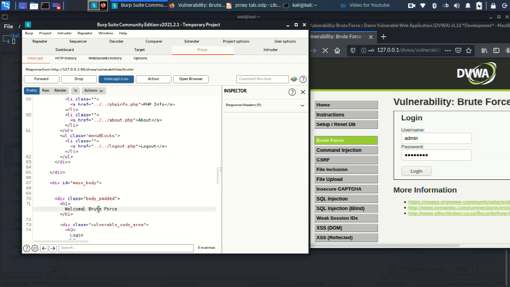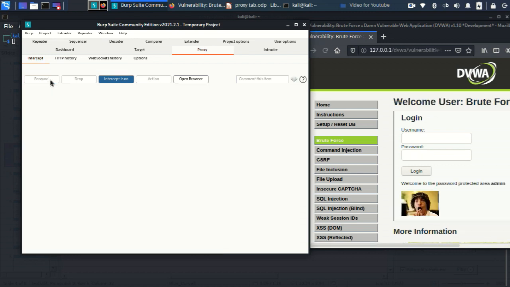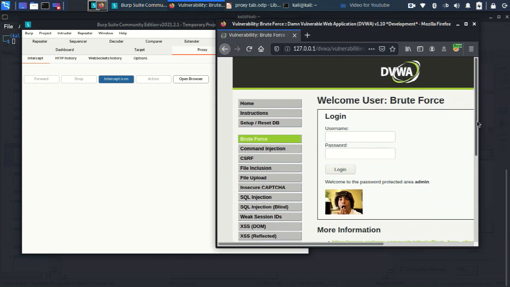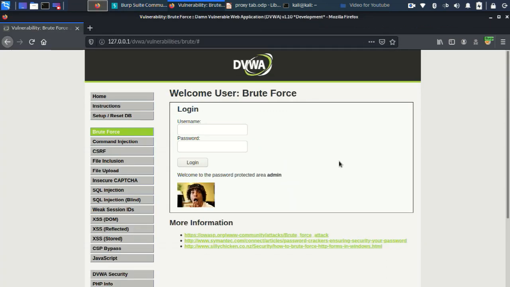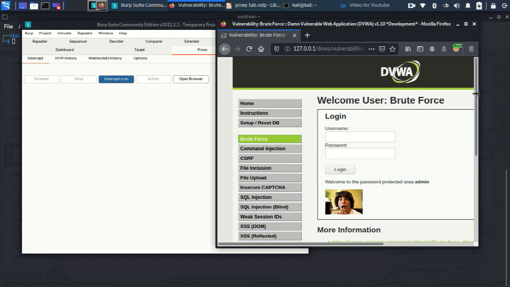Now see what will happen for the request. See, I modify the request and then send it forward, and just see what happened. The entire thing changed. It was mentioned as vulnerability, I have changed it to welcome user. Now this is the response the user is getting instead of what he should have got. Okay, I hope it is clear. Now let's move on to our next option.